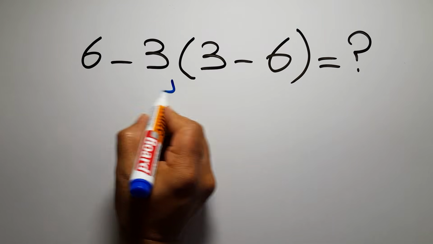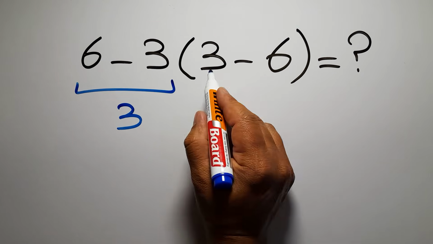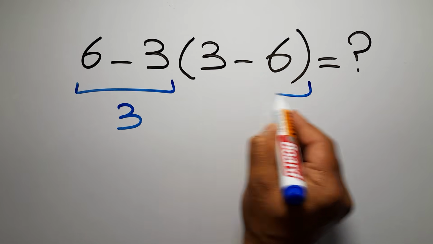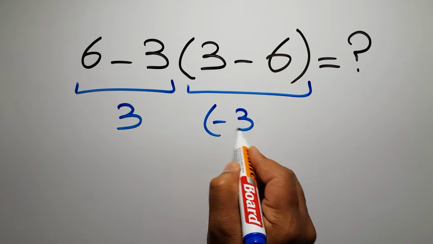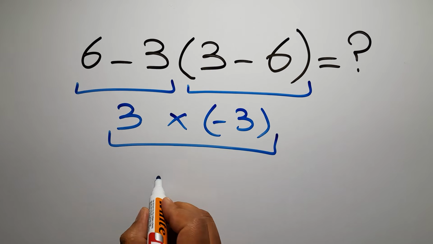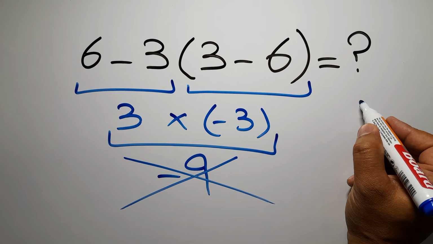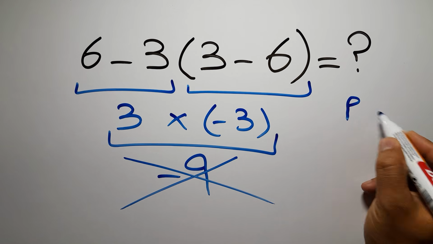6 minus 3 equals 3. And here inside this parenthesis we have 3 minus 6, which equals negative 3. So 3 times negative 3 equals negative 9. But this answer is not correct, because according to the order of operations, first we have to do parentheses, then